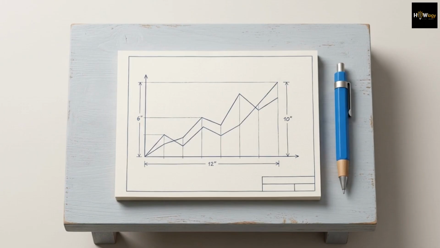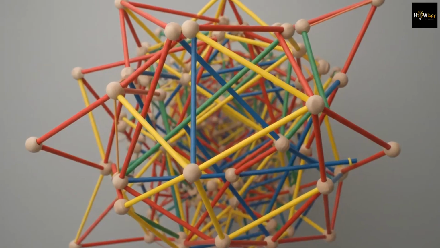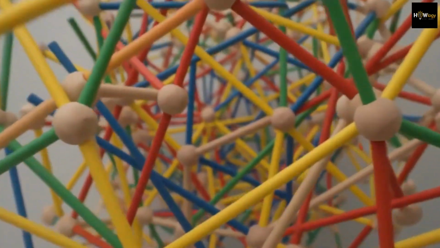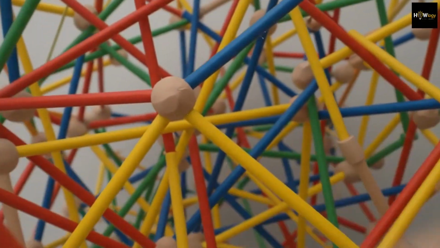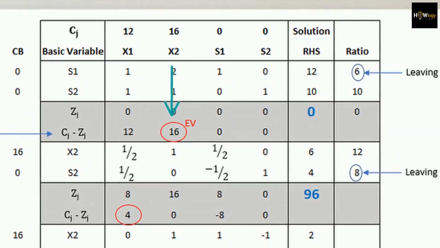Drawing a graph works beautifully when a company makes 2 products, but modern supply chains manage hundreds of variables. The human brain simply cannot visualize a 20-dimensional graph, so this traditional geometric approach eventually hits a hard wall. To solve this, mathematicians developed the simplex method. This tableau crunches multivariable constraints purely through algebra, eliminating physical shapes. By tracking the ratio column and entering variables, the algorithm systematically tests mathematical intersections, pivoting corner to corner until an